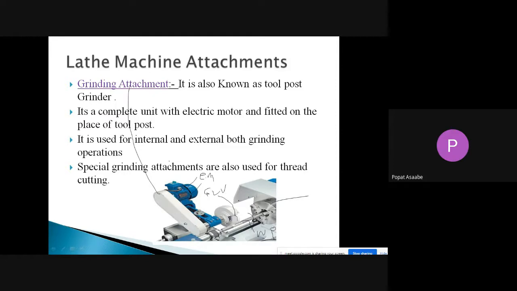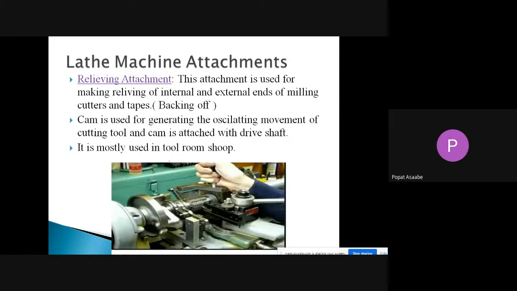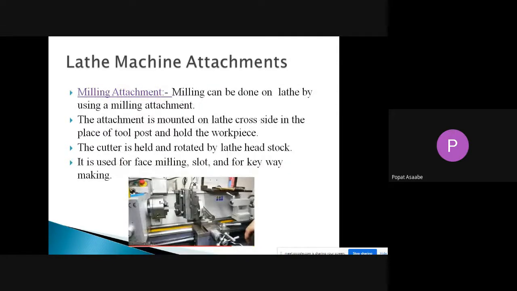Now, the other attachment is the milling attachment. Again, it is a very simple attachment. Suppose we want to perform milling operations, like face milling, a slot, or a keyway on a workpiece.